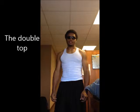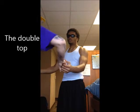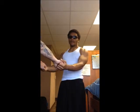This next movement is called the double top. You face a partner and you join hands. Can I get my partner? Okay, you experiment to see which grip is going to work best, okay? Now,